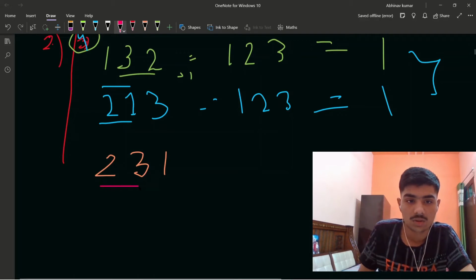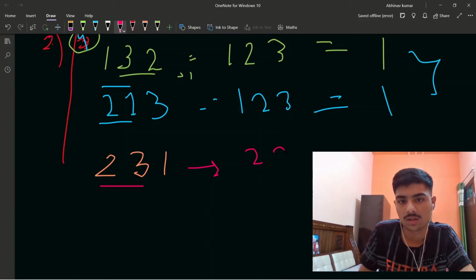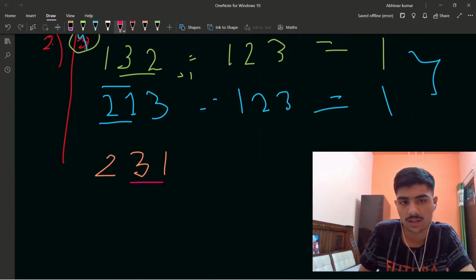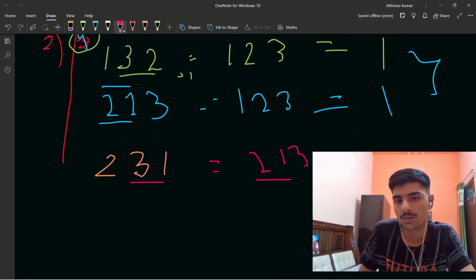We can select both of these, right? We can select both of them and sort. After sorting, it will be like 2, 3 and 1. Oh sorry, I did something wrong. Yeah, we can select both of them and sort. After sorting, it will be like 2, 1 and 3. And then we can select these both and sort them. After sorting, it will be like 1, 2 and 3. So they are sorted now.